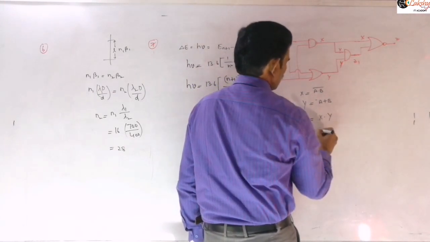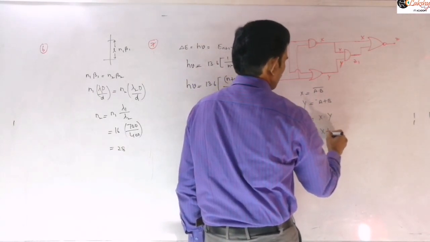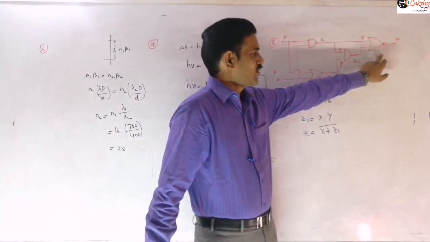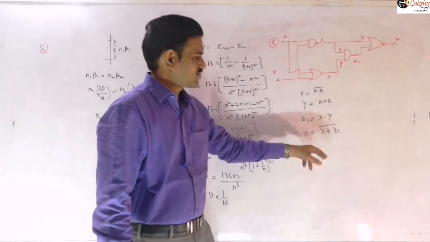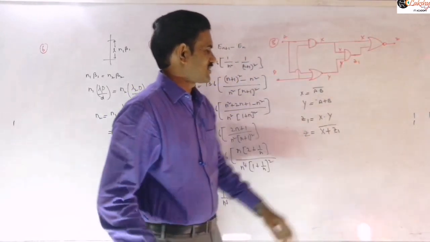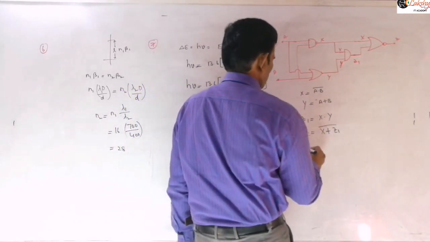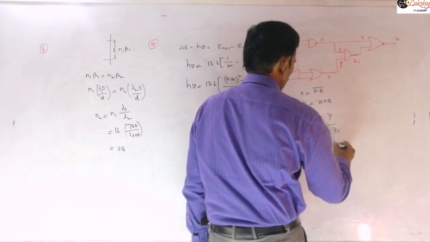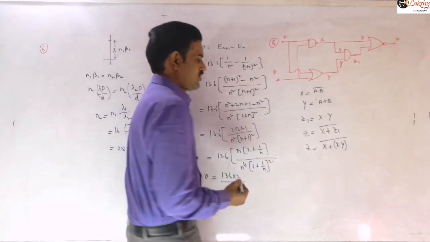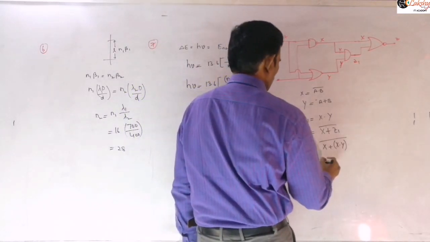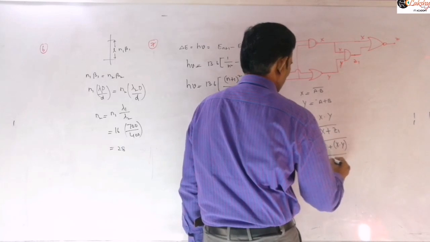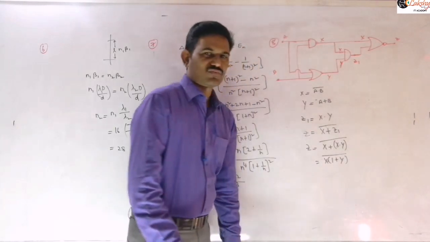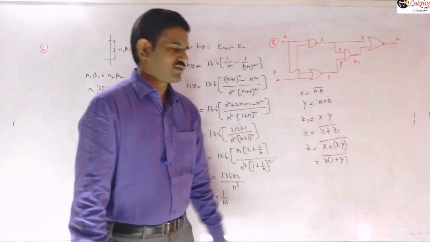So this Z is nothing but X plus Z1 whole complement, right? That is because it is a NOR gate, so the OR gate complement we need to take. The inputs are Z1 here and X. Now let us substitute Z1 using this equation here. So this value I can write as X plus X dot Y whole complement, right? And then here I am taking X common. So X dot 1 plus Y you can write there, just taking this X common here, right?